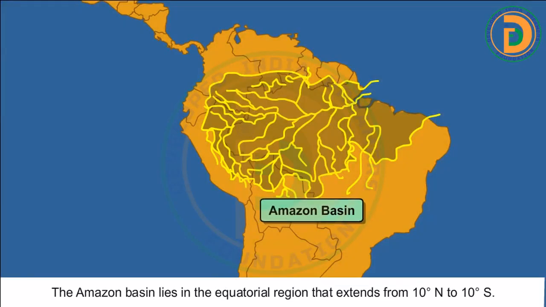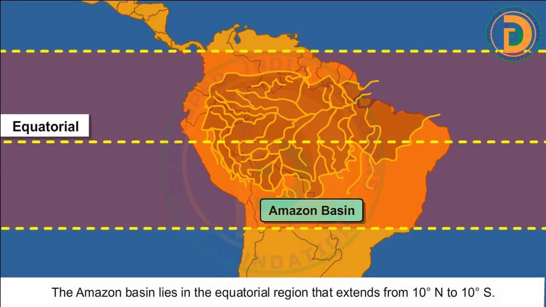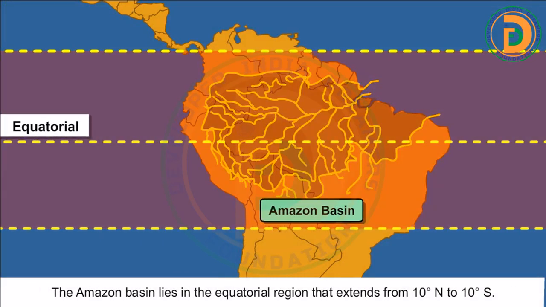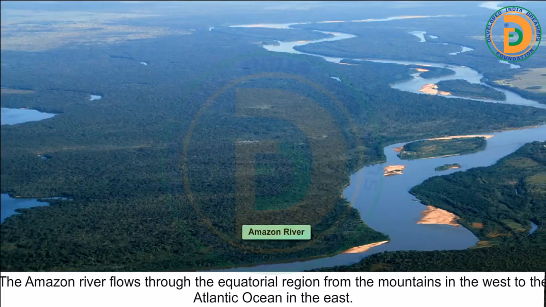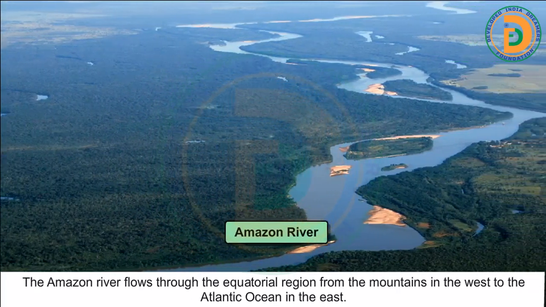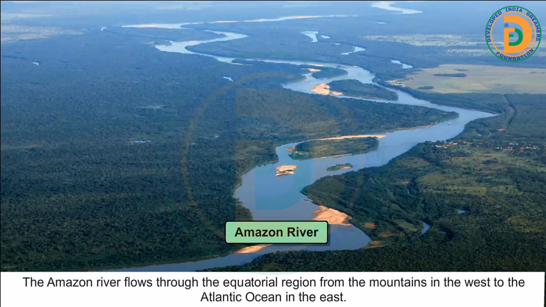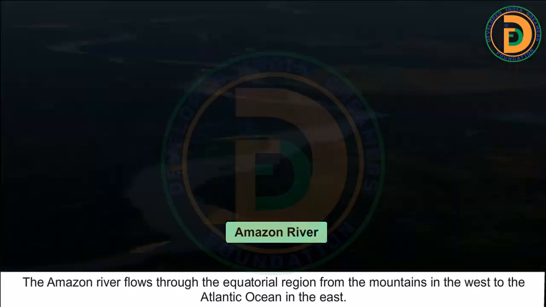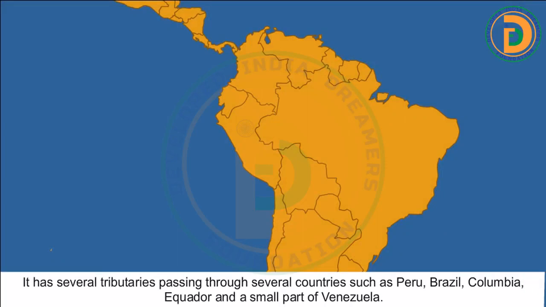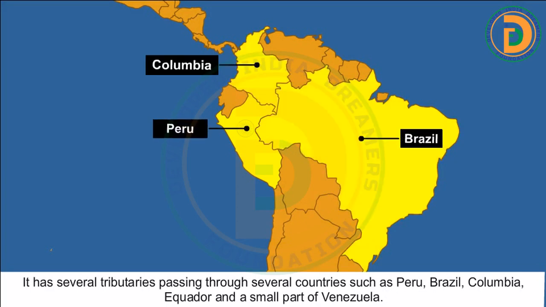The Amazon basin lies in the equatorial region that extends from 10° north to 10° south. The Amazon River flows through the equatorial region from the mountains in the west to the Atlantic Ocean in the east. It has several tributaries passing through several countries such as Peru, Brazil, Colombia, Ecuador, and a small part of